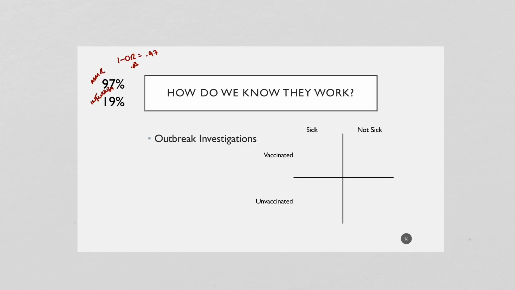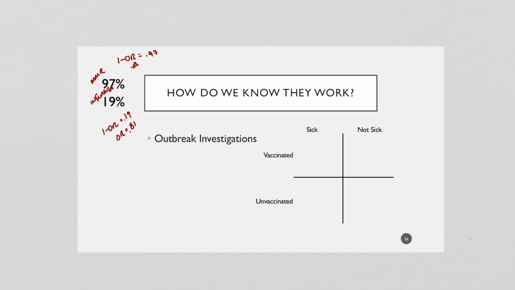0.03. And so that 0.03 said that people who were vaccinated had a 3 in 100 chance of being in an outbreak, or they had 97% less probability of being in an outbreak than people who were not vaccinated. 1 minus the OR equals 19, or 0.19, then the OR must have been equal to 81, right? 0.81. And so that is a very high probability of being in an outbreak, given that you will be given